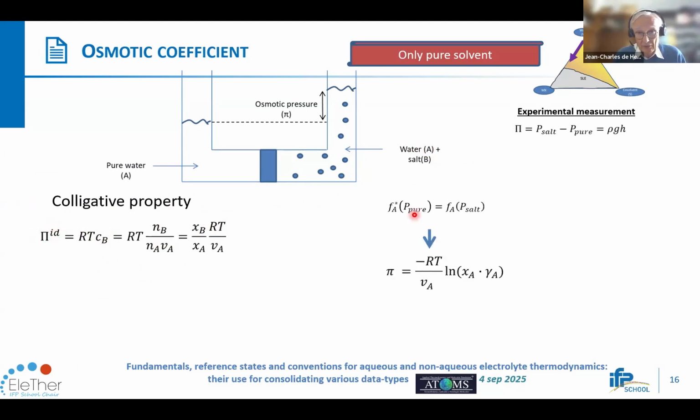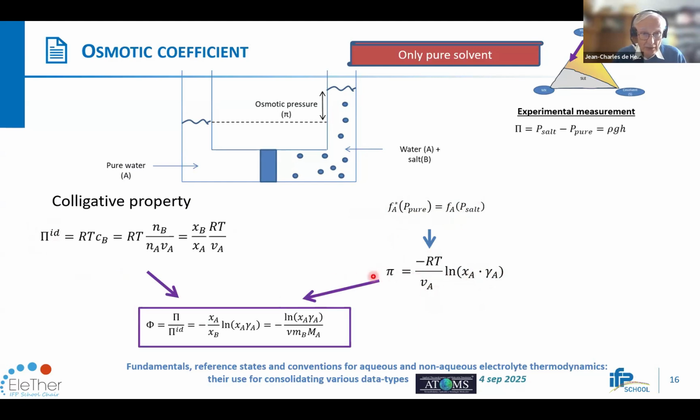But in practice, when you do the computation, you will have to equate the fugacities, and you will find out that this pressure is equal to minus RT divided by the molar volume of the solvent times the logarithm of the activity. X gamma is the activity of the solvent. Now, the osmotic coefficient is defined as the ratio of these two pressures. And you will see, therefore, that you end up with an equation like this: logarithm of the activity of the solvent divided by nu, which is one in this case, since it's 1 salt that I'm considering,